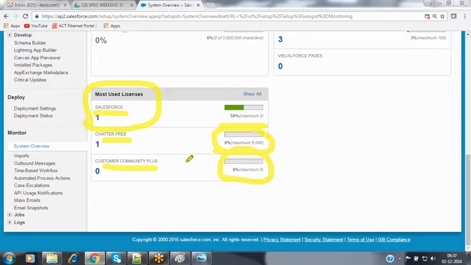So now whenever you are creating the user, it is going to indicate how many licenses are available and how many licenses we have used as of now. Suppose, for example, if I'm creating one more user, then that user should be associated with a license here, so that whatever the 2 licenses are available, we can use those 2 full licenses also. So now, when coming to the user, every user should be associated with a profile, and then every profile will be associated with a license automatically by default to you.